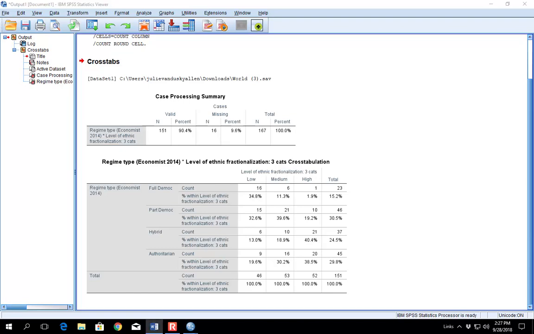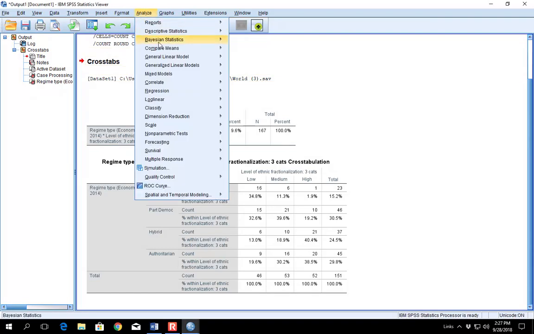In order to demonstrate how to perform a mean comparison analysis in SPSS, I will be using the world dataset again. I will use the Gini coefficient of income inequality variable, Gini04, as the dependent variable, and the ethnic fractionalization variable, frac_F3, as the independent variable in the example. To run a mean comparison analysis in SPSS, click on Analyze, Compare Means.